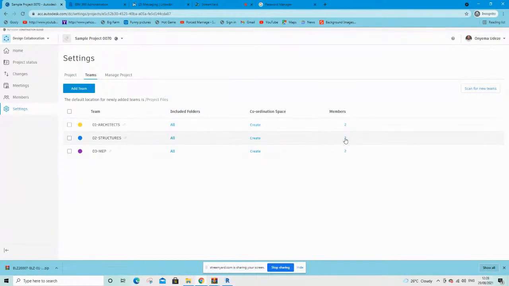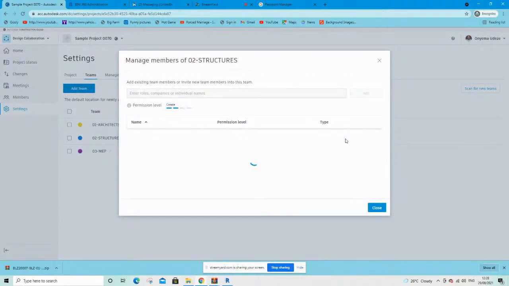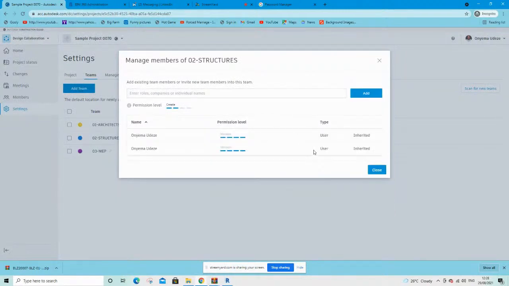If you want to add more members to a team, for example, the structural engineering guy, I want to add him to this structural engineering team. I'll click on this number here, which is 2, and this will bring up all the members on this project that are not part of a team yet. This is quite confusing because it's the same name, but these are the two accounts that currently are not project administrators on this project. So I can choose either of the two, or of course in a project you need to be sure of the person, and then when you select the person,